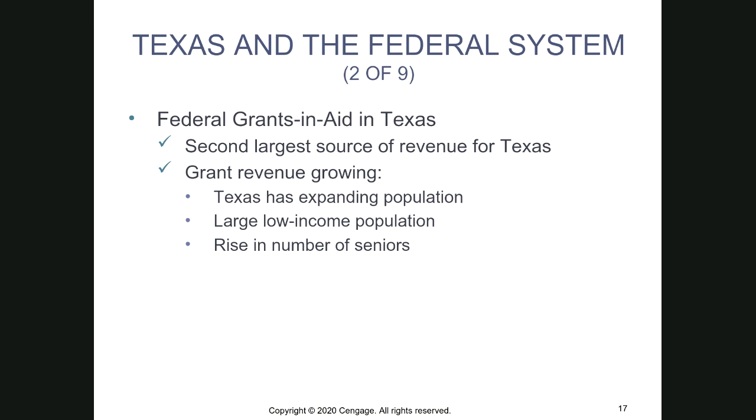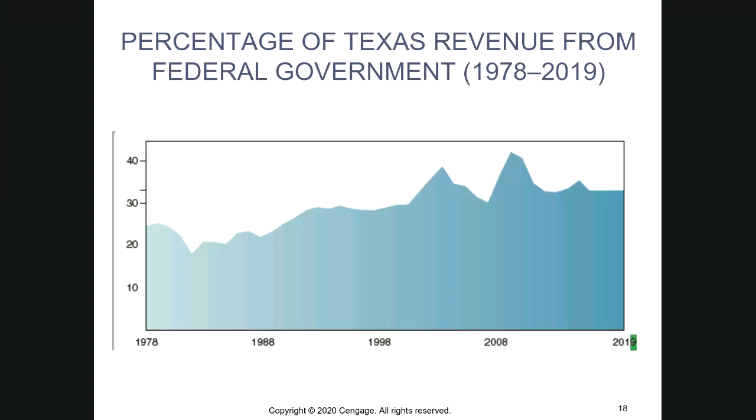Let's take a look at this picture on the next slide here. Over time, you can see that we've gotten more and more aid from the federal government. That's great. We get to do more things with it, right? The flip side to that, though, is that usually the federal government doesn't just hand you money and say, here you go, have fun. We're just handing this to you because we think it'd be great for you. Sometimes they do, but very rarely. Most of the time what they're doing is they're saying, you can have this money if you do this thing we want you to do.